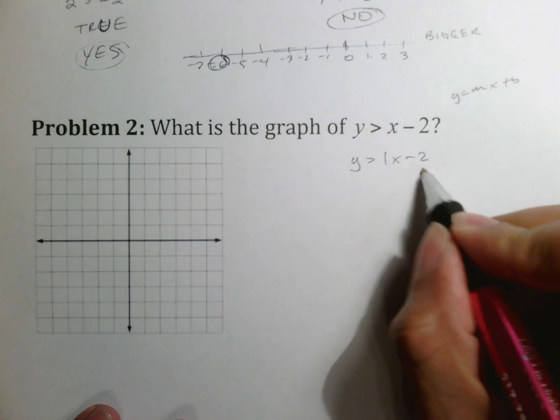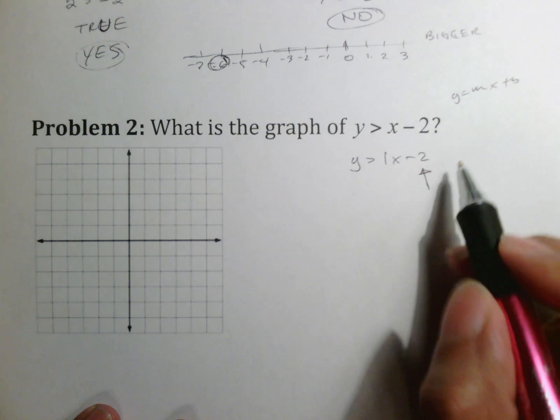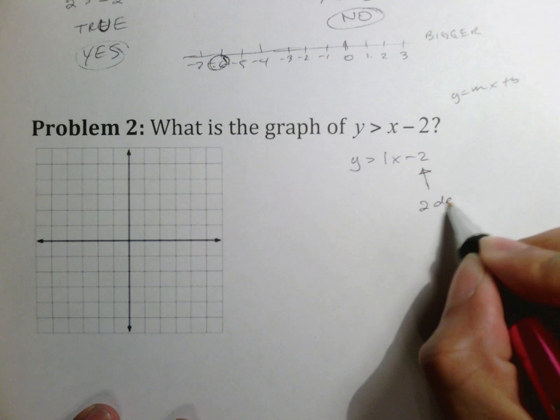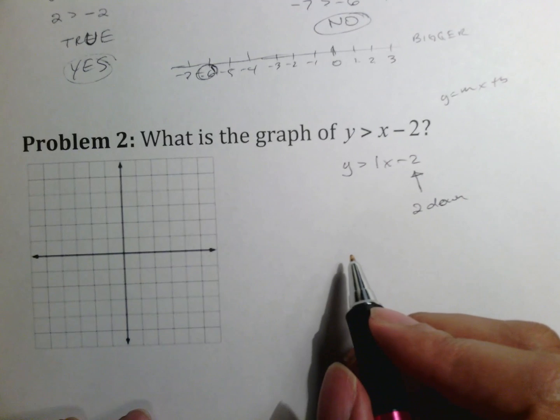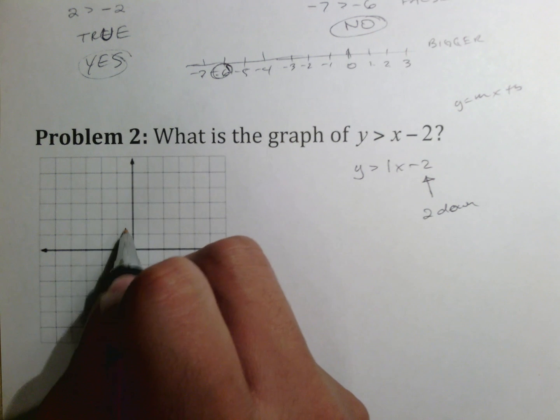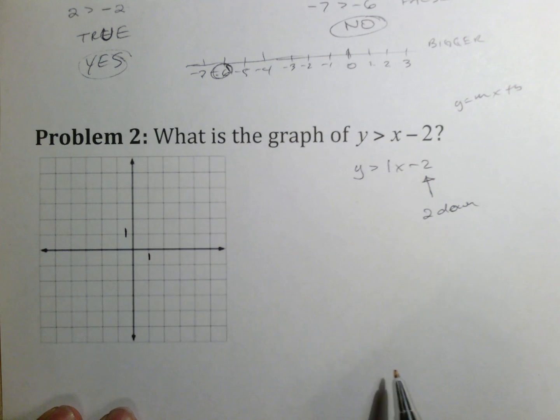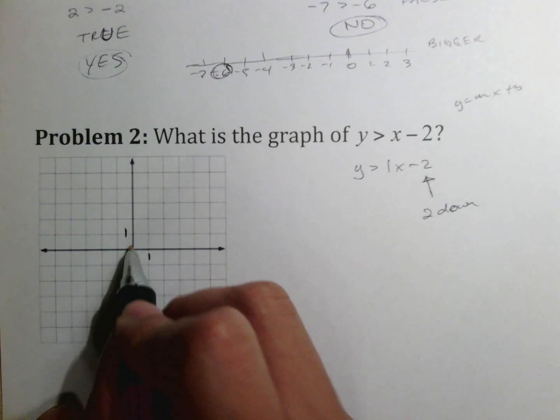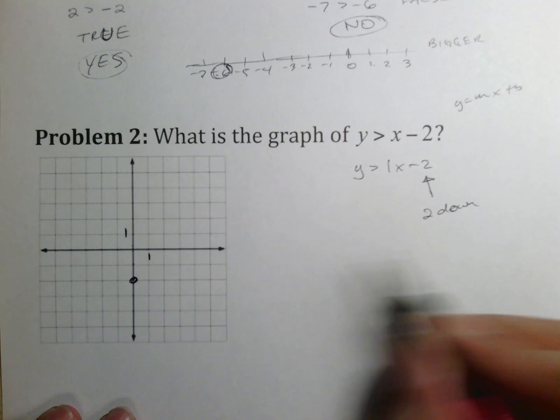I also remember that I'm supposed to look at this number first in slope-intercept form, and that this is telling me to go 2 down. Another thing I remember from class is that whenever there's no numbers, I have to label and tell the teacher that I'm counting by ones, for example. And since I am going 2 down, I'm going to go 2 down from here, and that is my y-intercept